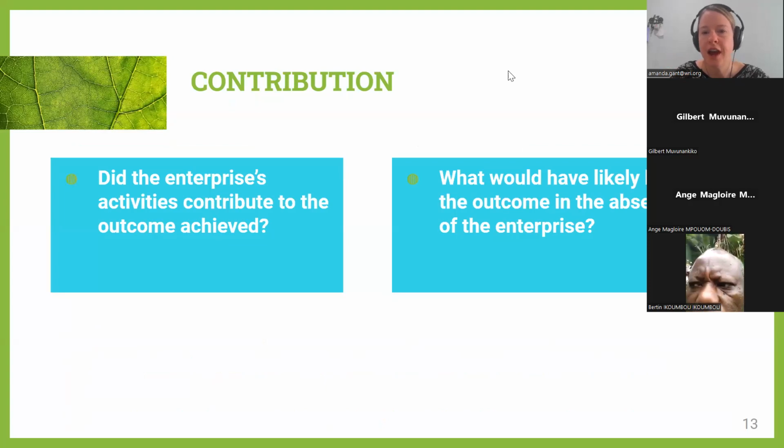For instance, to go to a company that we've seen in one of our peer sessions, the Acacia EPZ that works with tapping natural gum arabic from acacia trees in northern Kenya. What would have happened if the enterprise hadn't been there? People probably would just be living the way they did. They wouldn't have the additional income from the gum arabic, and they also wouldn't have the additional food that Acacia